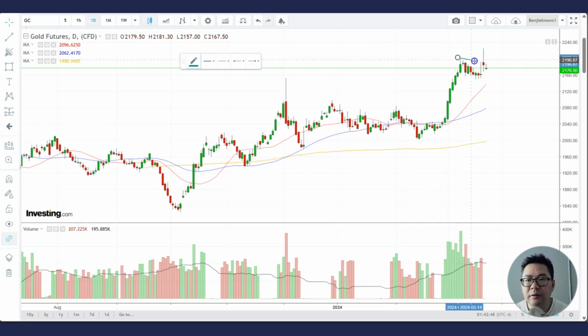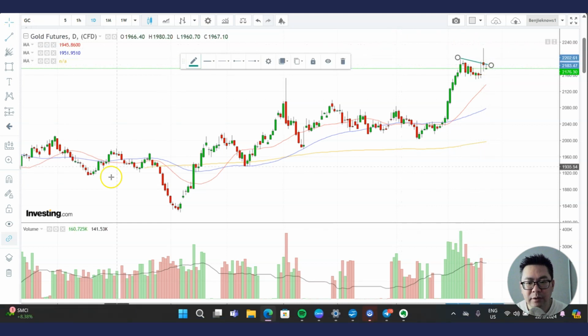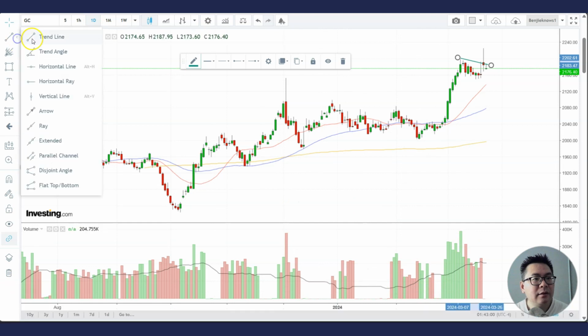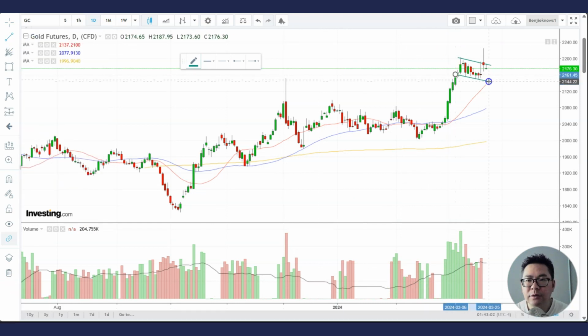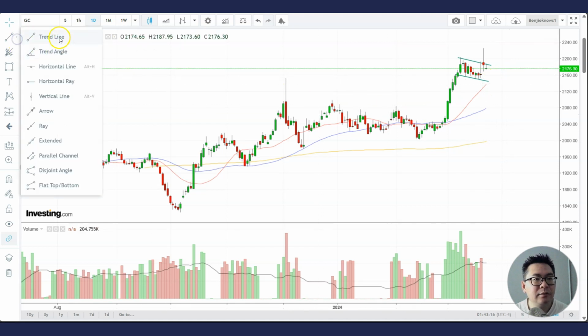Okay, that's why it tries to break out here. And yes, this could be a bullish flag, and if it stays above the lower trend line, most likely it's going to go higher as the 20 MA rises to meet this flag. Okay, but you can see how